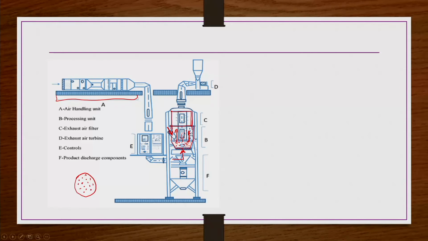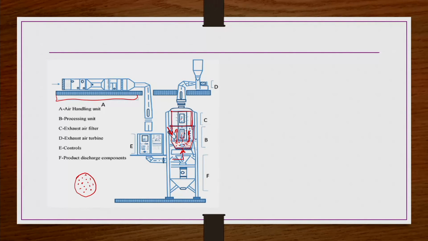Then what happens here is, it is not necessary that all the particles will be agglomerating or all the particles will be coated when you are trying to do this. So some particles still remain at a finer size. They may not come into proper contact with the spraying liquid, or whatever may be the reason. Some particles may be unaffected by these binders, so they may just come out, they may be floating in this area, this particular exhaust air filter area.